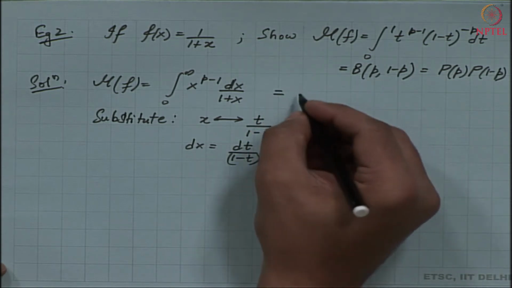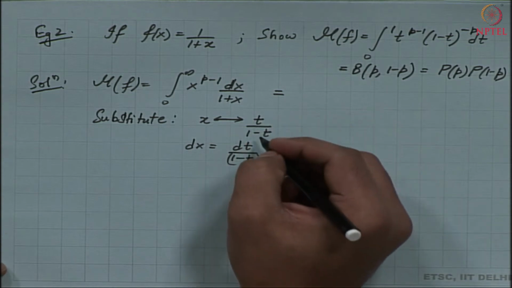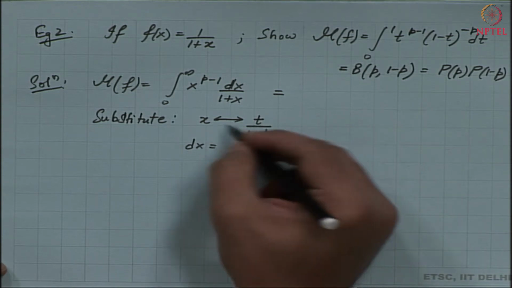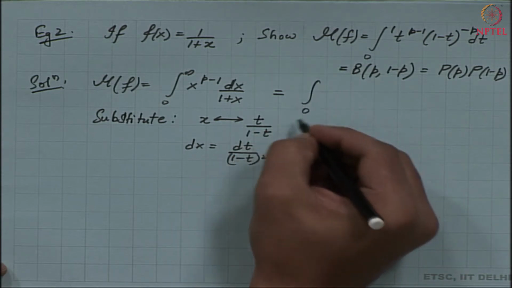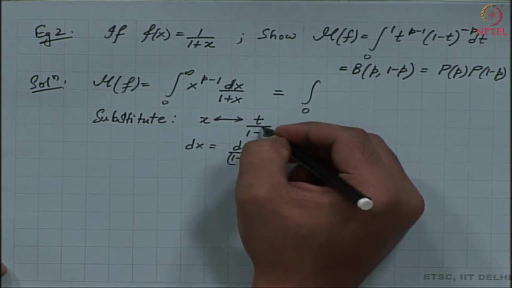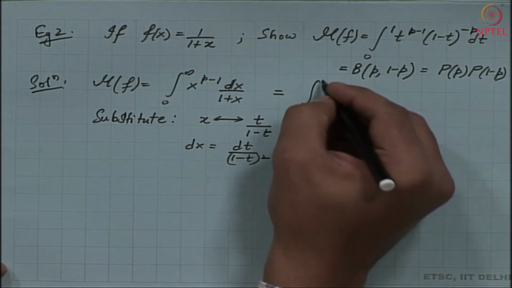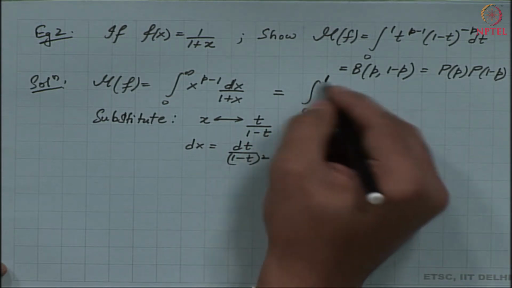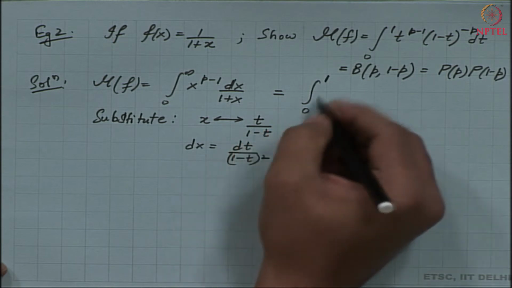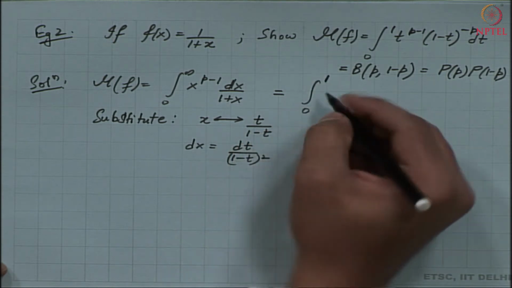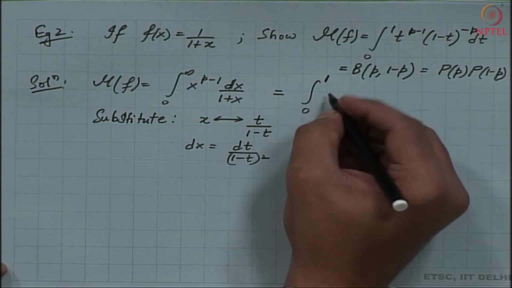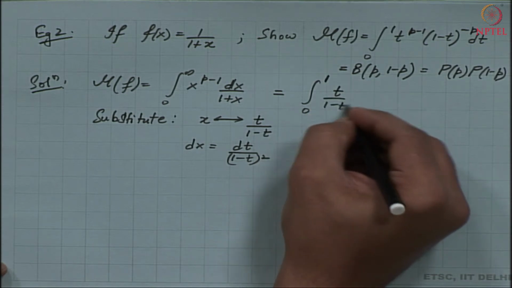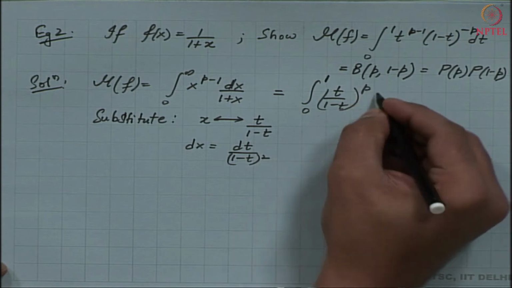Notice that when x is 0, I have t is also 0, but when x is infinity I have t is equal to 1. So, in this new substitution I have the limit changed from 0 to 1. So, x to the power p, let me just substitute t by 1 minus t, to the power p times